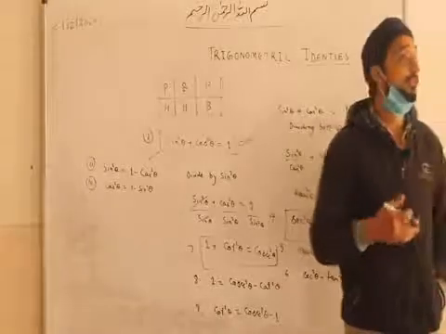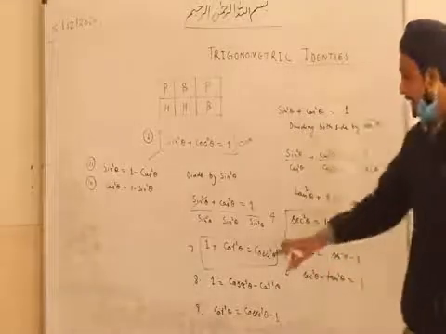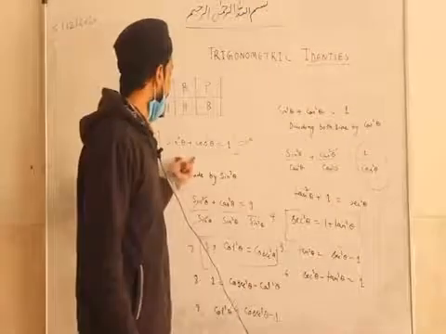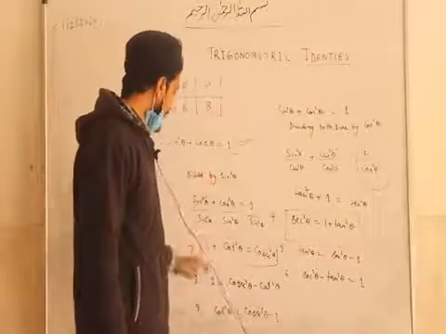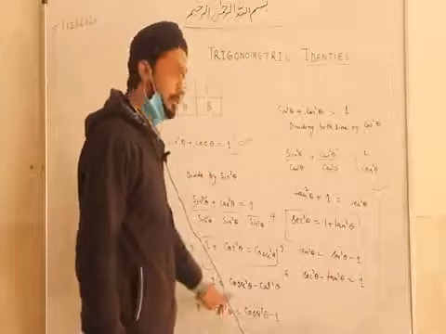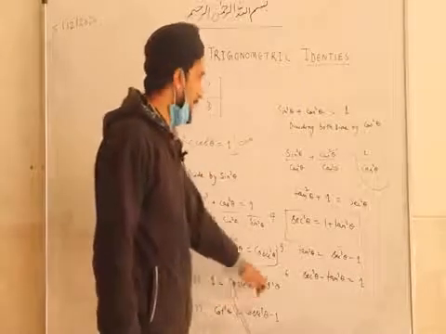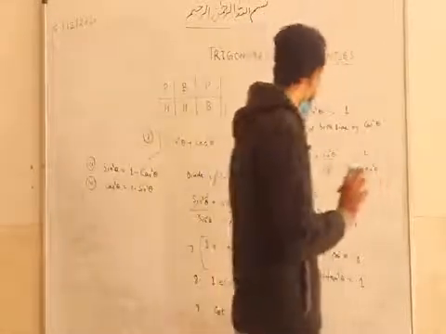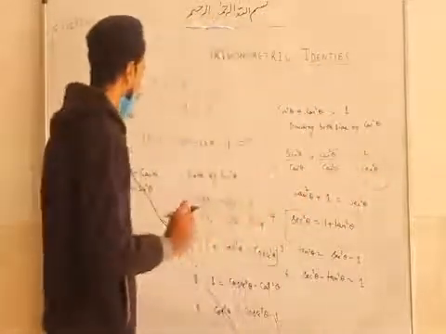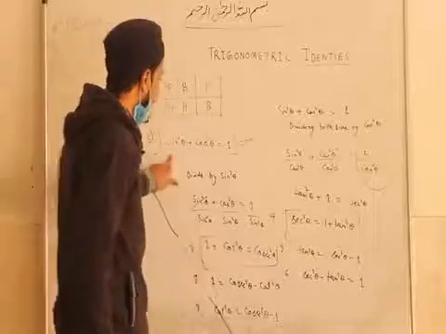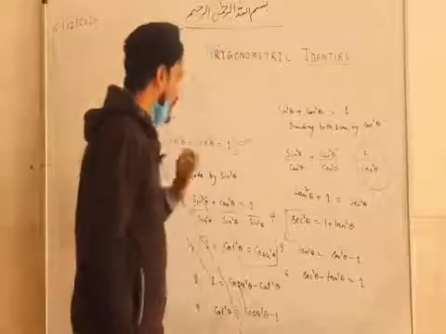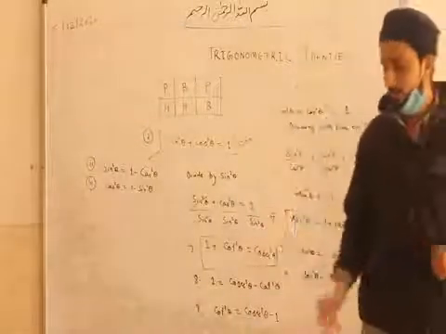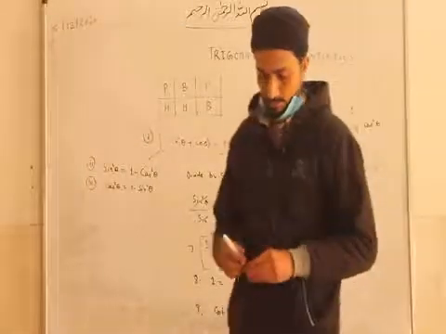Now we have to see where we will utilize these. See that the value of 1, if we replace it by sin square plus cos square, if we replace it by cosec and cot, it will be cosec square minus cot square, and here it will be sec square minus tan square. So you have to remember these main identities. So write these first. This is the main, and this is, and this one. These three are the main, and from them we have derived the others. So write it down. Then we will move to the next questions.